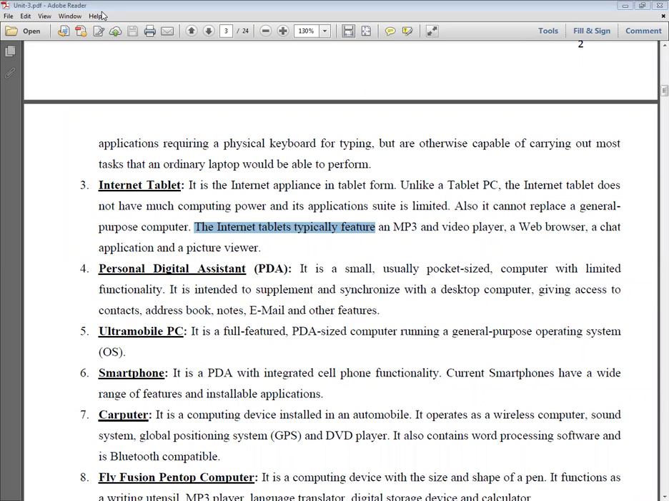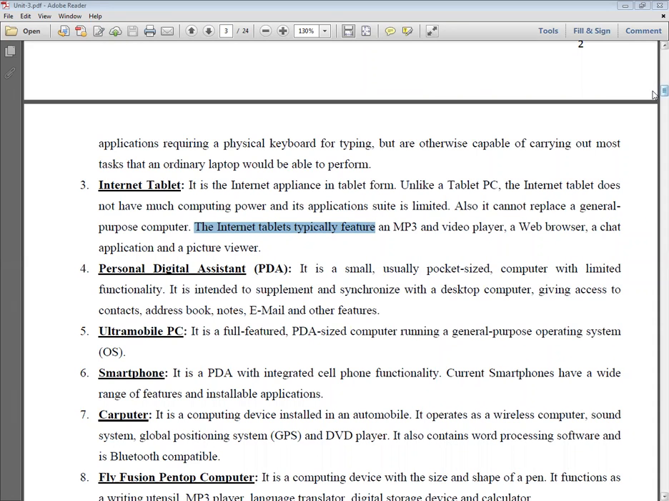So a carputer is a computing device installed in an automobile where it operates on a wireless computer, sound system, GPS, and a DVD player, and it also contains some processing software and is Bluetooth capable. So carputer is Bluetooth capable. Clear? And the last category is